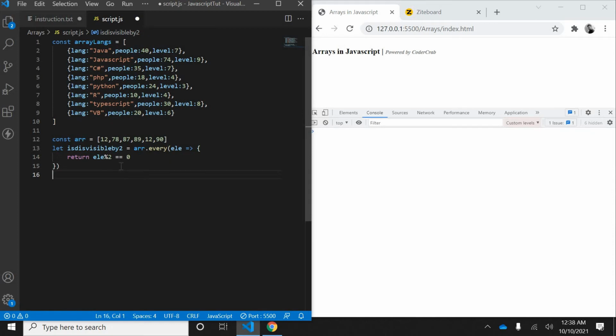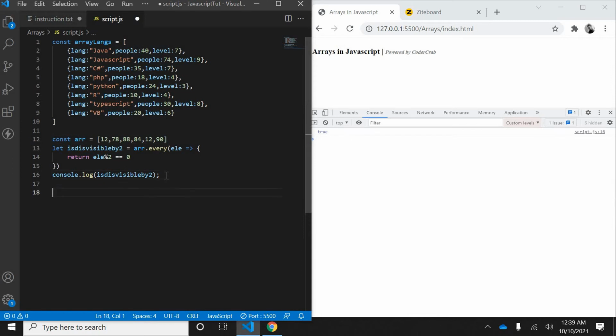We are now doing a console log, is divisible by 2. False, because we have around 4 elements which are divisible by 2, and we have these two which are not divisible by 2. So let's change them to be divisible by 2. Let's say I'll just put 84. Now you see it is true. So it will check all of them, and if all of them are satisfying the condition, then only it will be true.